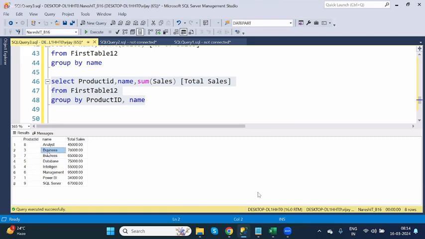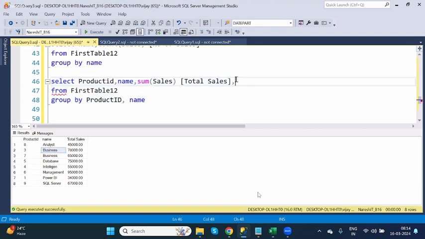Is any value repeating? If it is repeating, then total. That means how many times it is repeating, for those related, what are the sales is there? Those sales total will be calculated and it will give the result like this. Understand clearly? Like this. So you can mention n number of columns, not only this one, n number of aggregations